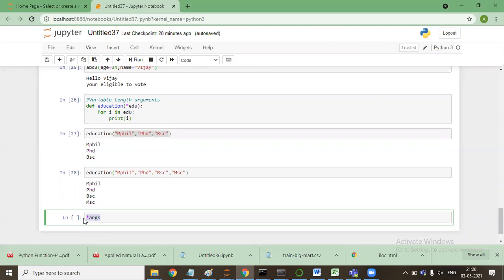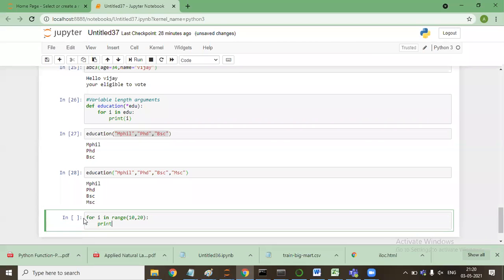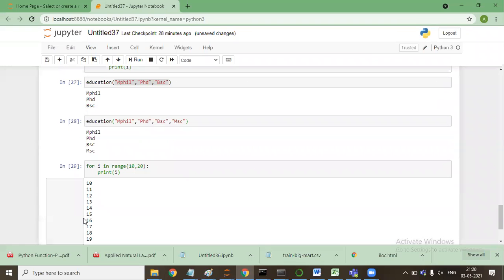But apart from that, when do we use range? Range is used whenever we use a loop. For i in range, say range 10 to 20, print i. Now it will take the values from 10 and go till 19, excluding 20. So whenever you need anything within a specified range to be worked upon, you say range. Did you get it? Yeah, sir, got it.